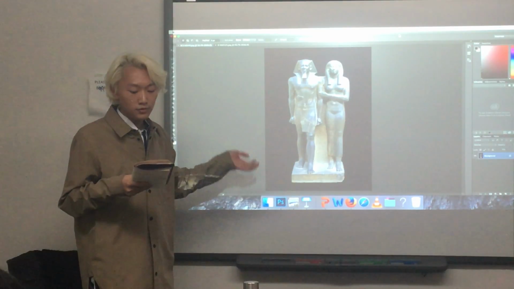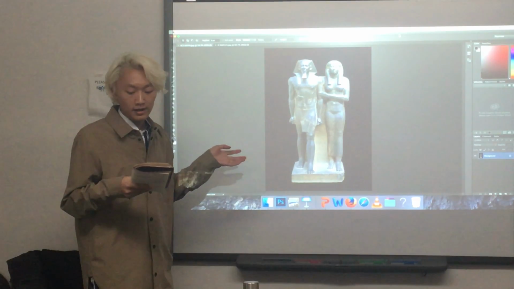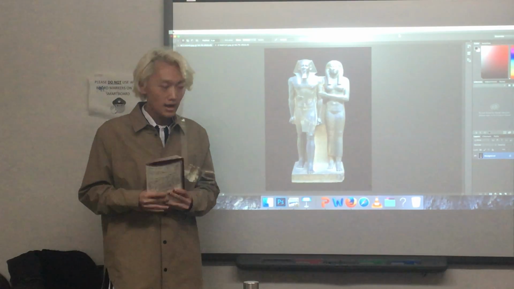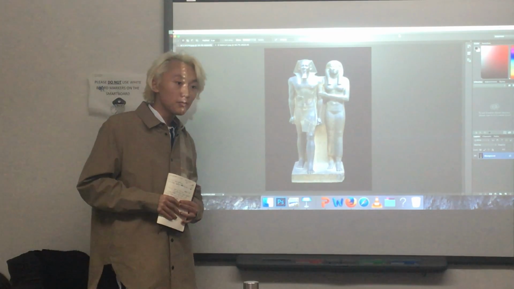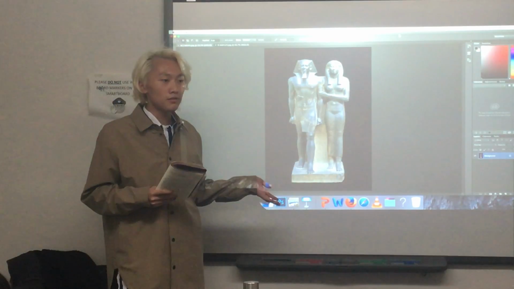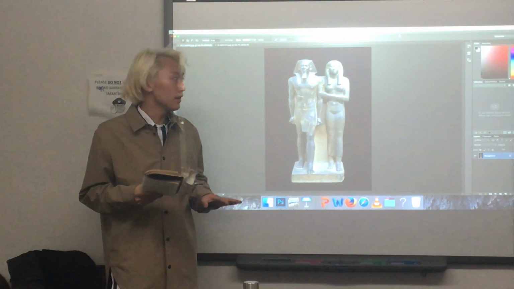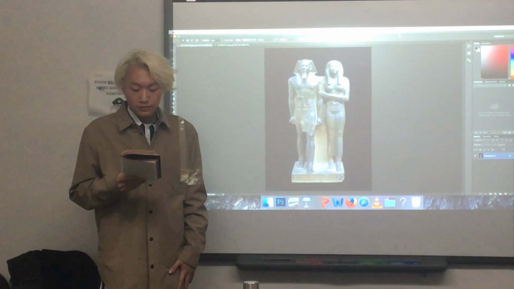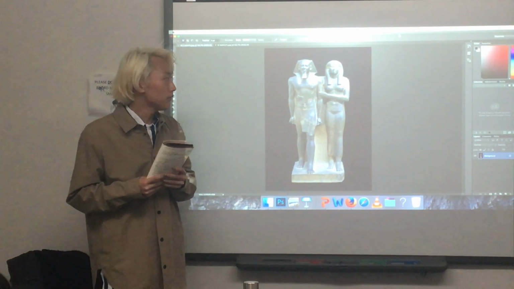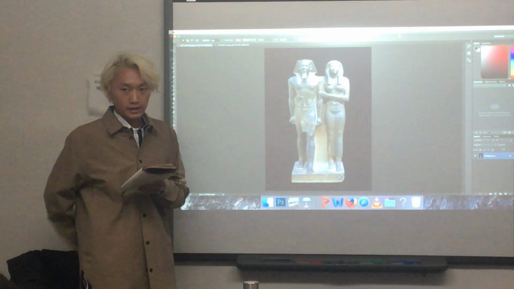Because there are two figures merged together, it could be identified as a high relief sculpture instead of a freestanding statue. And there's a lot of controversy about the female figure. Why is that? Because it could be his wife, and at the same time it could be the goddess Hathor, because there's no inscription on the sculpture. If this figure is his wife, then this would be a marital statue. But if this female figure is the goddess, then this would be a shared divinity.